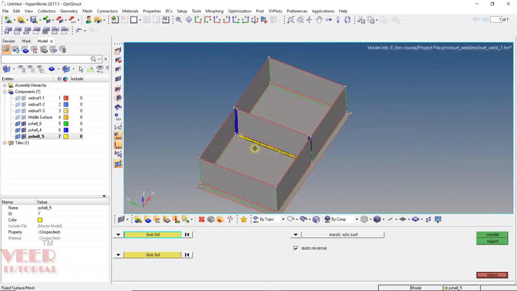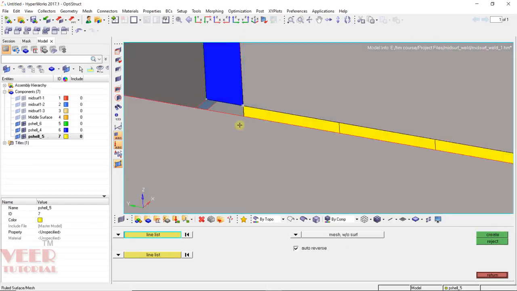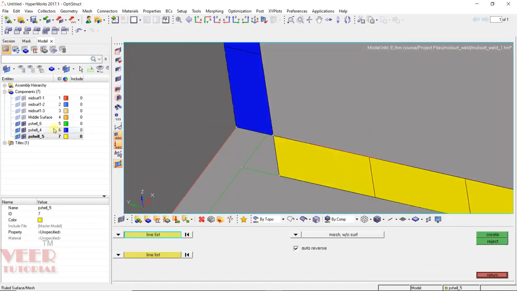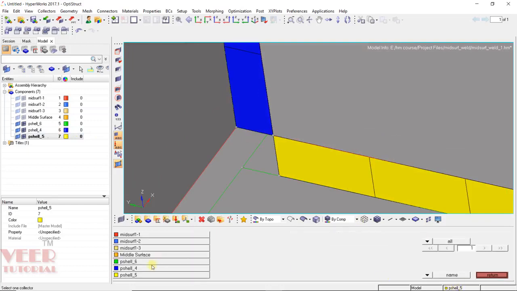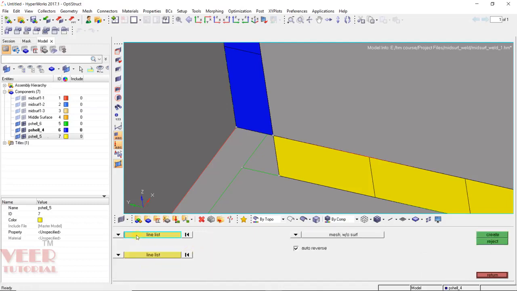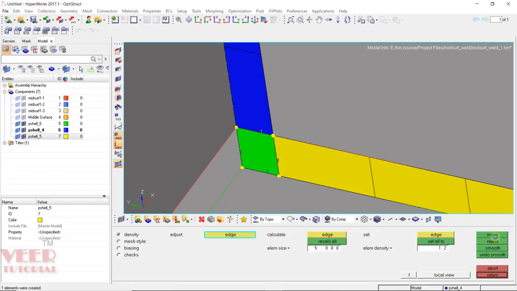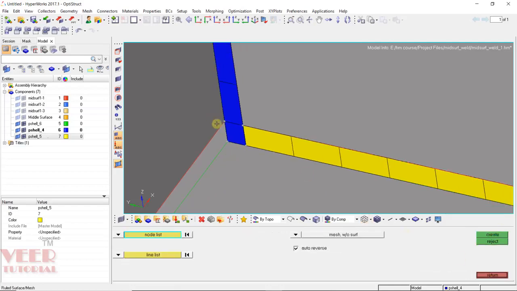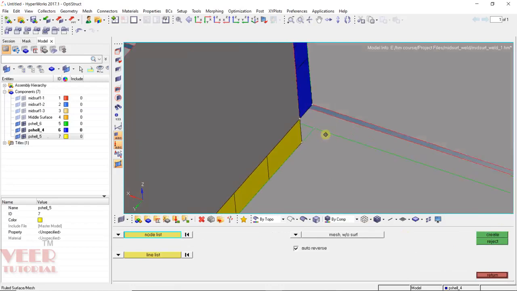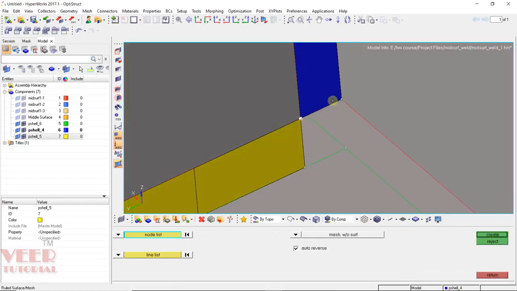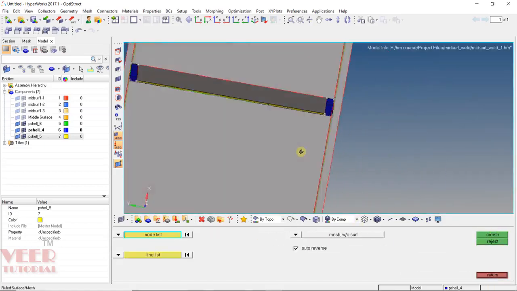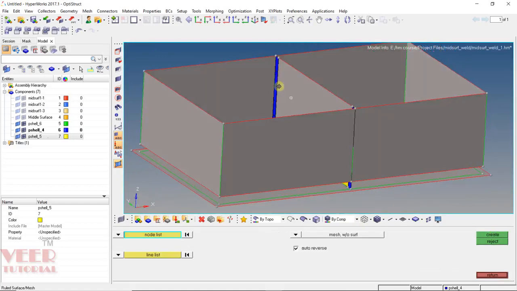Okay, similarly here we can see we have to do meshing here. These elements will go into P shell 4. So we can also select the current component here, click on this component and I select P shell 4. Here we have node for reference, so go to node, select these two nodes, go to line and select this line, click on create, click return, and similarly here, so select these nodes and then select the line, create, return. So now in this way we have completed the mesh.